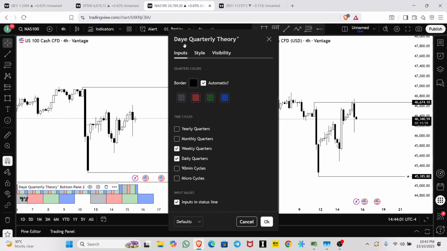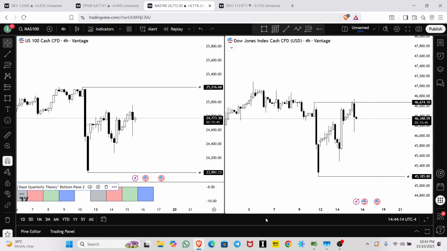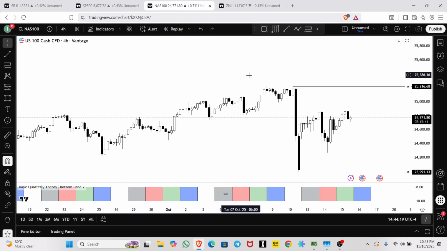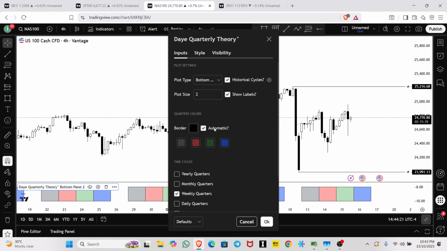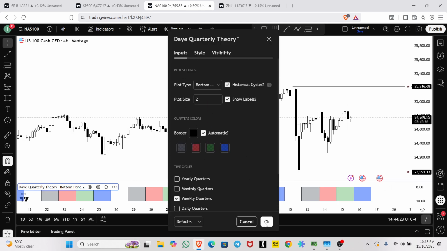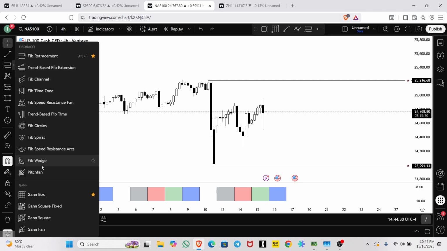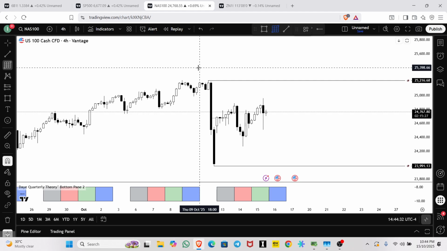So those who are asking for the indicator, this is the indicator. It's not an indicator basically, it's just a tool which we use to delineate time. That's it. It's not something which tells us buy or sell. There is nothing on the chart which tells me buy or sell, right? So here we are. This is the indicator, and this is the setting if you guys just want to look at it. Right, so if I take my GAN box, now please don't ask me the settings for GAN box, but still I'll just give it to you guys.